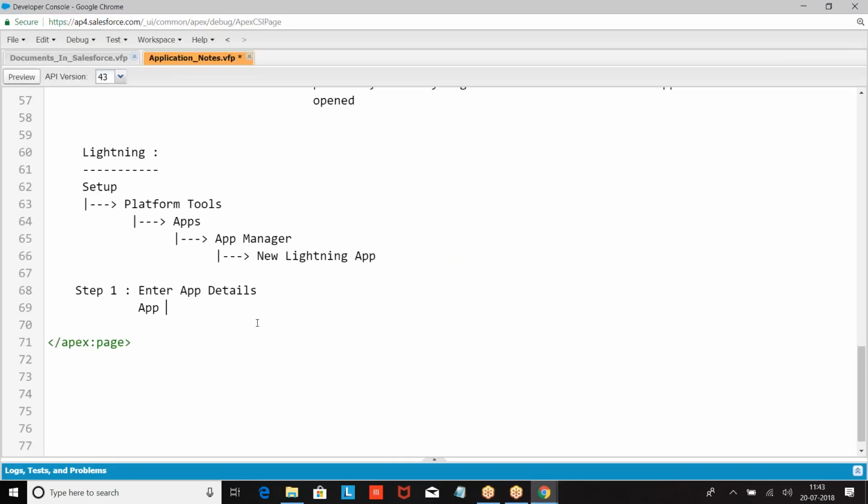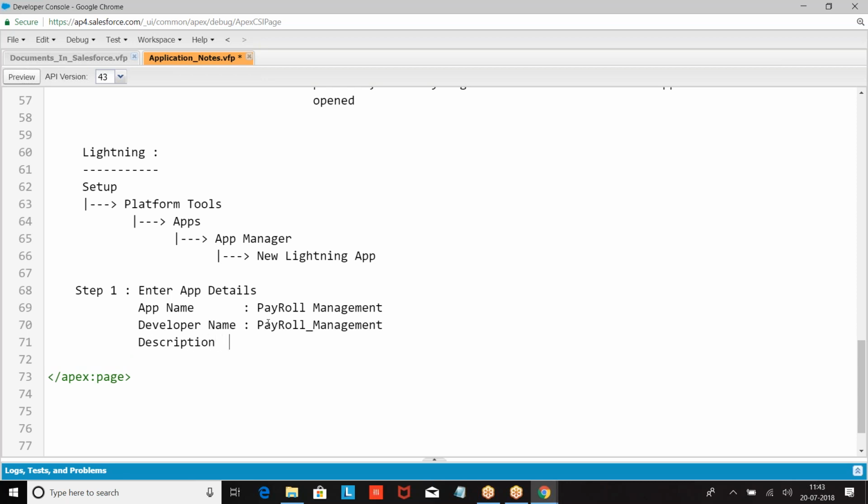Step 1, app name. Developer name. Description, about the application.